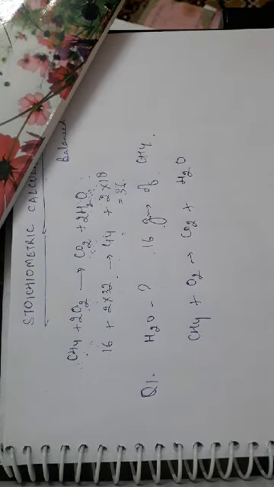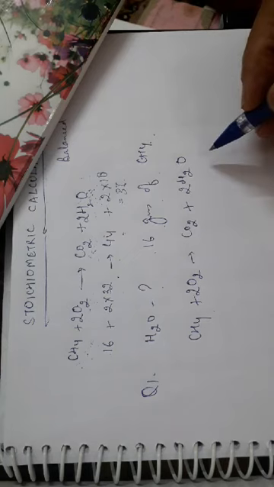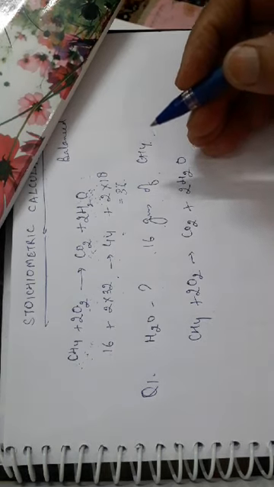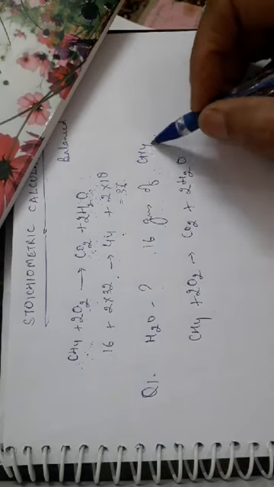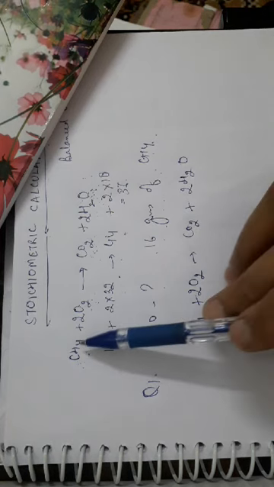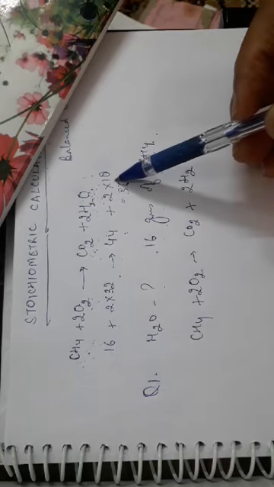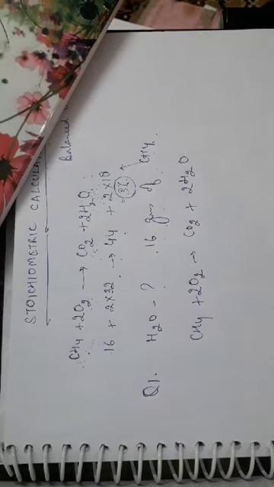We have come to know the reactants and the products, but the reaction should be balanced. You have to check whether the reaction is balanced or not. Now it is balanced. You can check the total number of atoms on the reactant side and the product side. Now in the question, it is given 16 grams of methane you have. As per the balanced chemical equation, you had 16 gram of methane, and how much water was being produced? It is 36 grams. So the same thing is solved that was asked in the question.